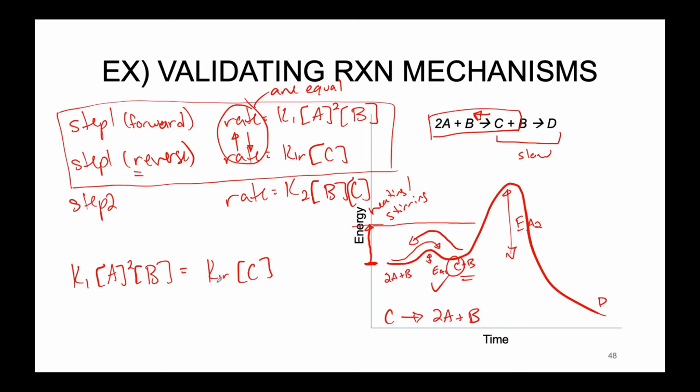And here we can rearrange and solve for the concentration of C, since this is what we want to solve for. Again, we're trying to find a way to remove the concentration of C, the concentration of an intermediate species, from the second piece here. So the equation here we can rearrange to solve for C by dividing each side by the rate constant of the reverse, canceling these out, giving us a concentration of C that is equal to the rate constant 1 times A squared times B, all divided by